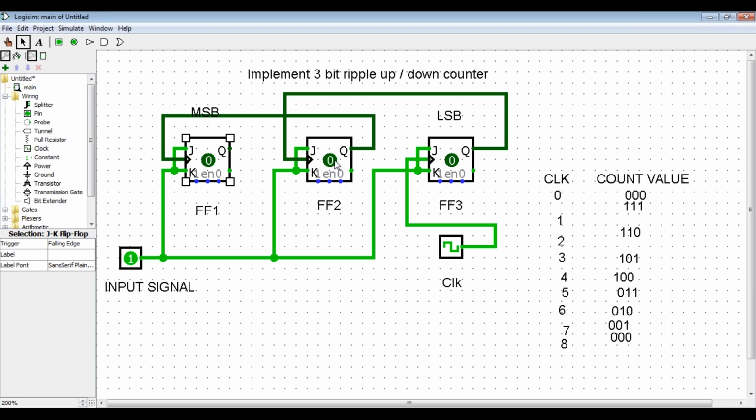Like that, you want to do it for the remaining two flip flops. Click the second flip flop, go to triggering, and change rising to falling edge. In the same way, click the third flip flop, go to triggering, and change rising edge into falling edge. The remaining settings are all the same. Once you change rising edge to falling edge, it will work according to your up counter. If it is rising edge, which is the default, it will work like a down counter.